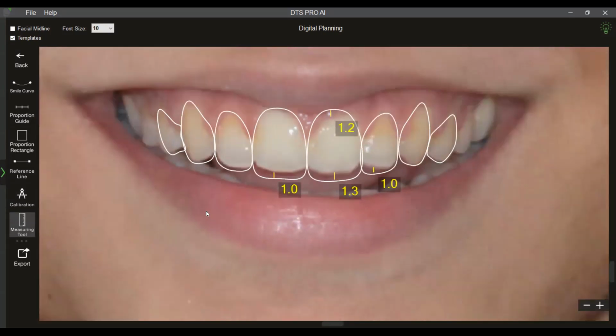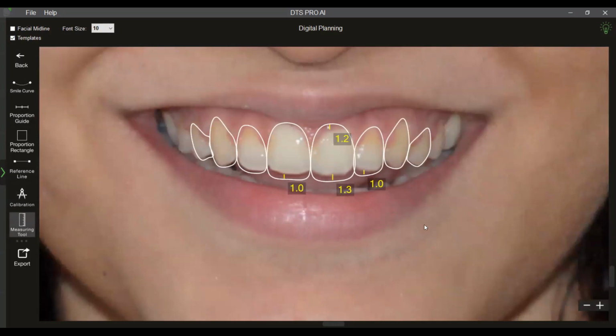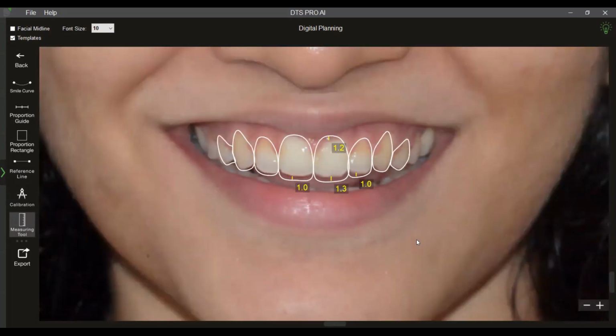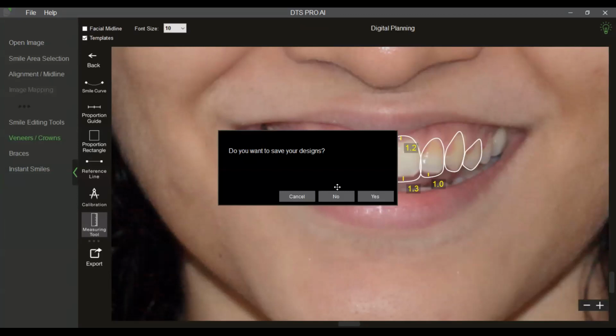So whenever they are doing the 3D design, all these measurements then prove useful. So you can use the measuring tool and measure whatever changes you have done, right? So this is how you can use our DST protocol here. From here, you can export this plan templates along with the image. This goes to the lab, and the lab then uses these outlines to do the complete 3D designing. I hope this part is clear.